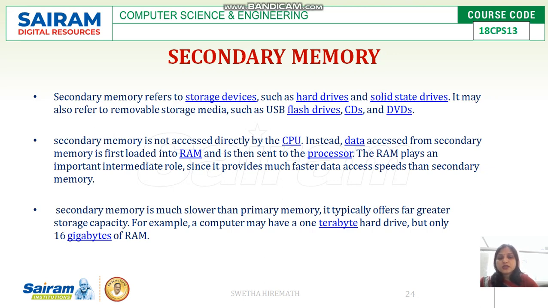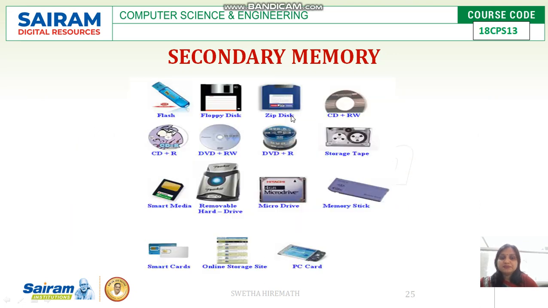Okay, so this is about the primary and the secondary memory. Secondary memory storage will be more, in terms of terabytes, whereas our primary memory, ROM, will be around GBs, and RAM will be around MBs.